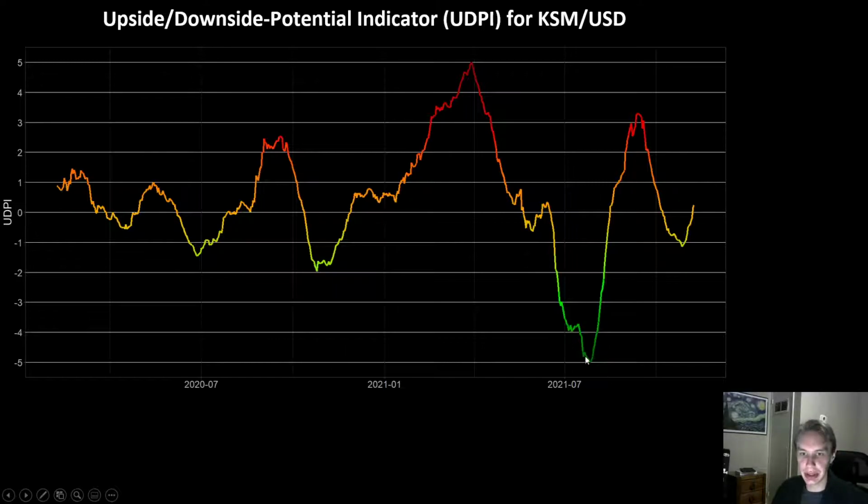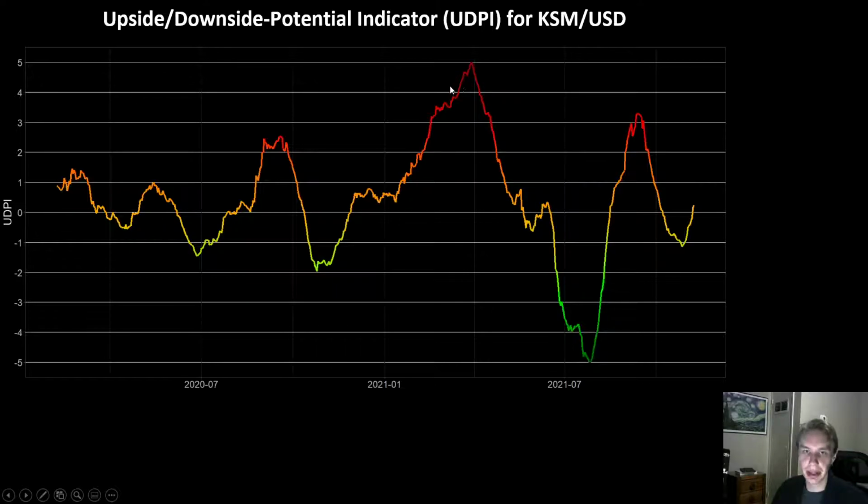So another thing that's useful to look at with this indicator, I've mentioned this before, I'll mention it again, is this behavior: when the UDPI does these reversals that you'll see here, so here it did it in the spring, here it did it in the summer, that tends to coincide or follow in a general area around reversal points. So if the price has been falling, oftentimes when you see these reversals, it'll mean that either the bottom is in or the bottom is close, that it's probably not too far away before the price action will reverse as well. So we saw that here again just recently actually, and then also back in the spring,